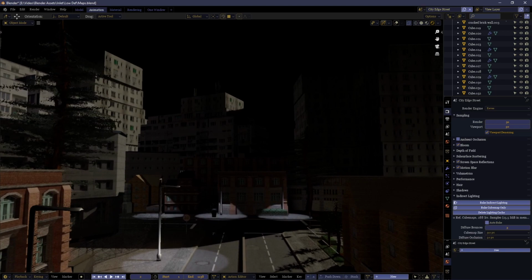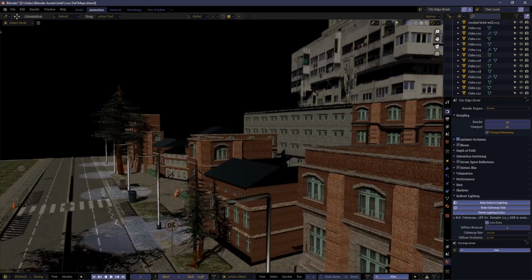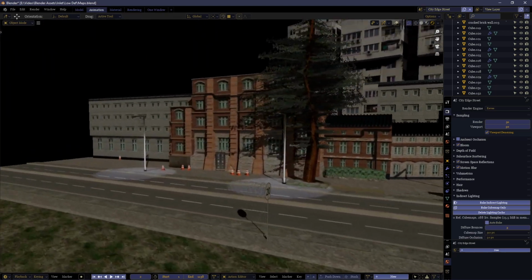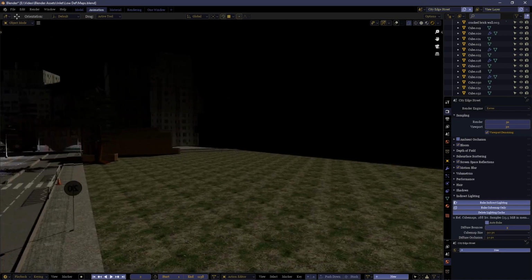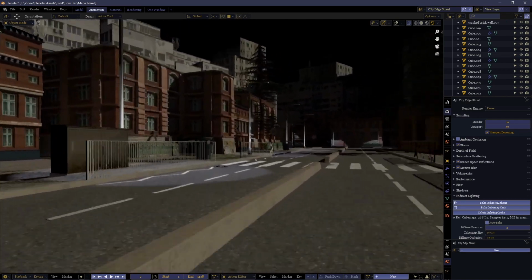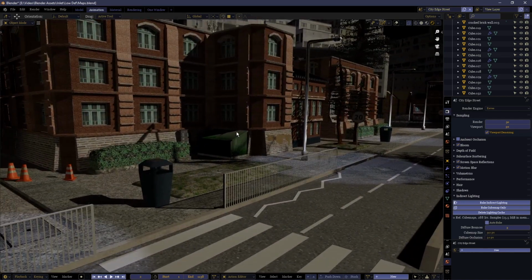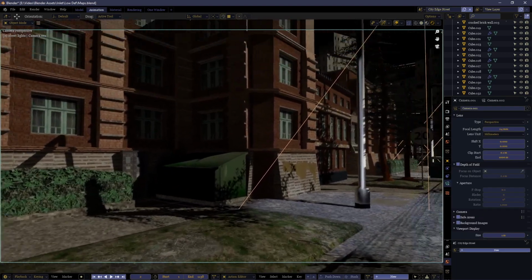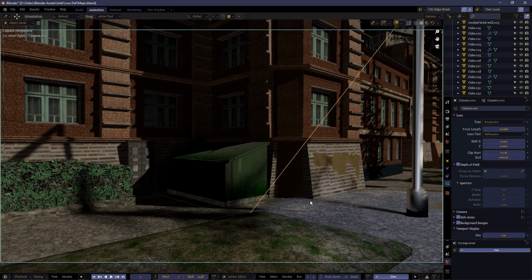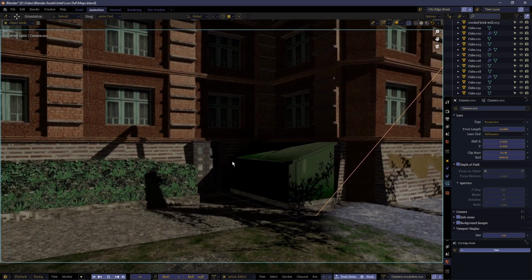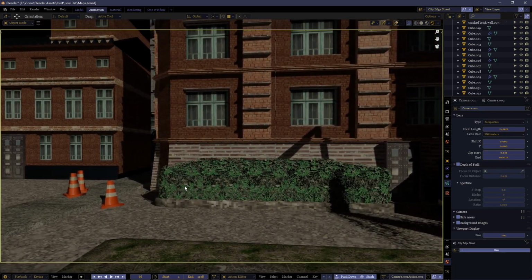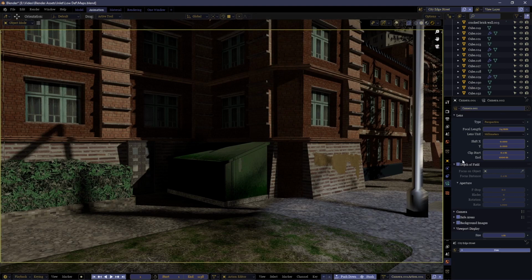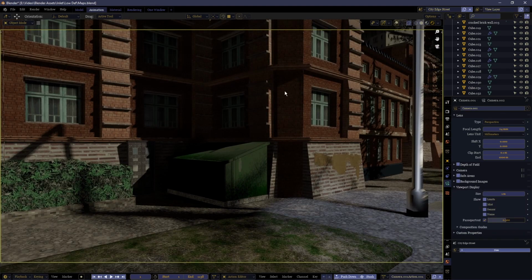Next we come to what might be one of the most important aspects, and that is to cull certain parts of your scene which aren't in use. Now let's just make up a theoretical situation here. Let's imagine we just have someone walking down the path here. Now we have an animation that does this, yeah? We could add depth of field and other stuff, but that's not important for right now.